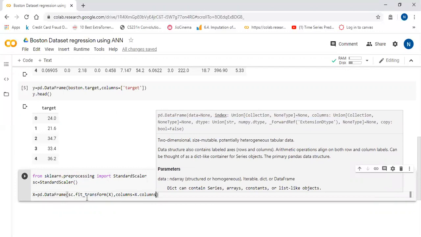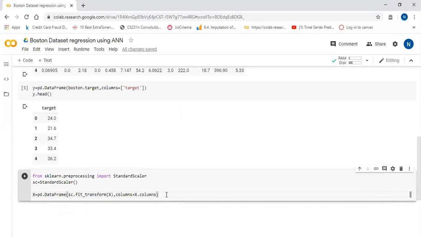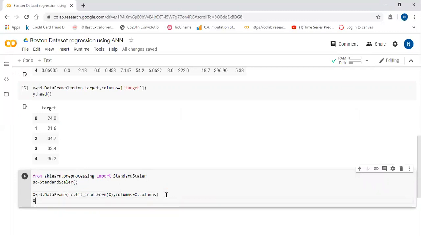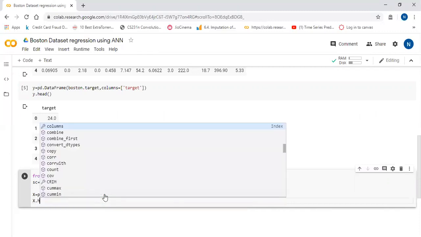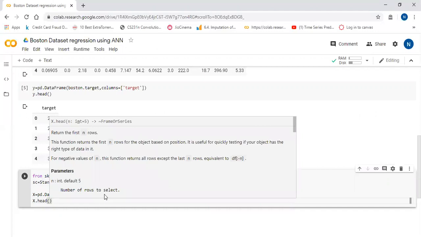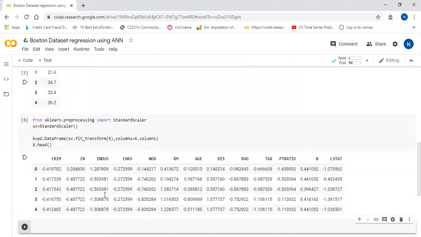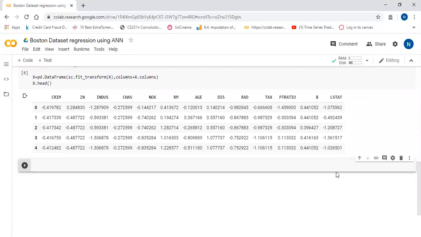I'm creating a data frame again because I need to show some data to you with the column names. Otherwise, you can just apply sc.fit_transform and save it in the X object. That is also fine. X.head. Now you can see our data has been transformed to the standard scaler format. Our data is ready to fit to the model.